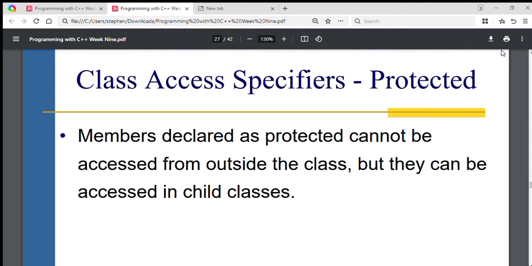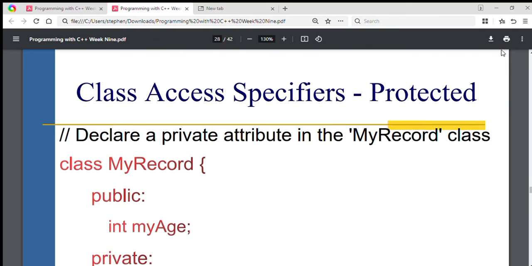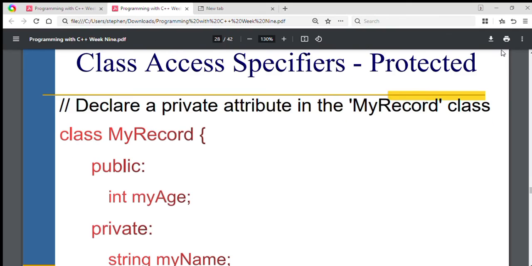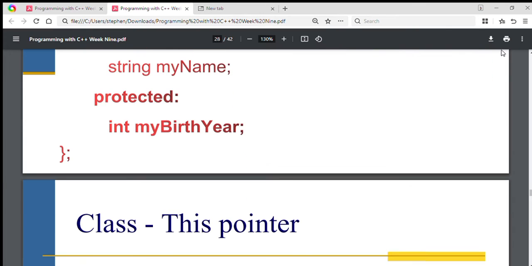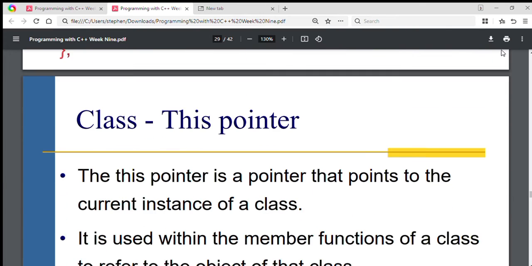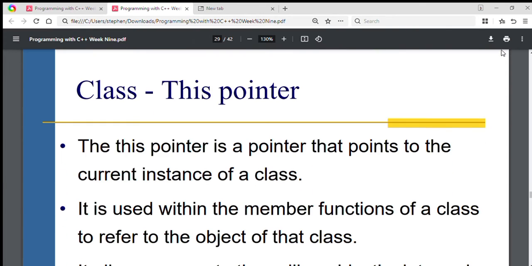Let's have a look at the protected. Members declared as protected cannot be accessed from outside the class, but they can be accessed in child classes. Members declared as protected can be accessed within the class and by child classes. We'll learn about inheritance later. Have a look at it. Protected. So declare a private attribute in the myRecord class, public int age, private string name,